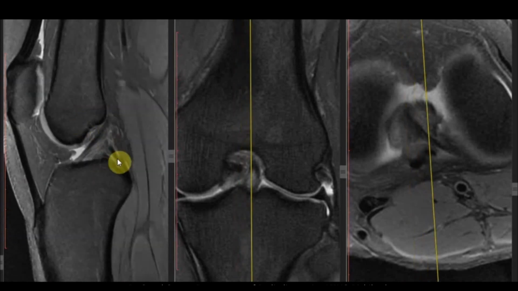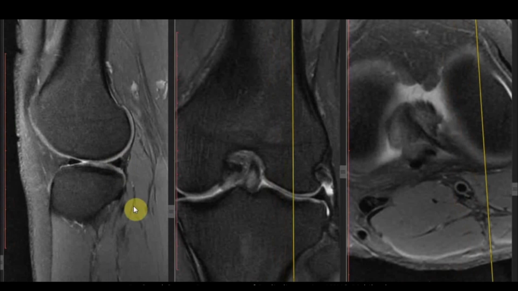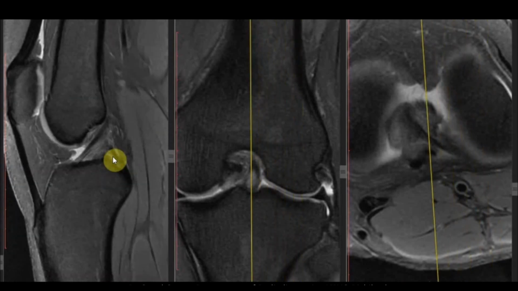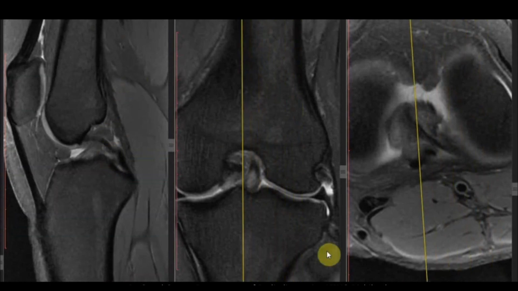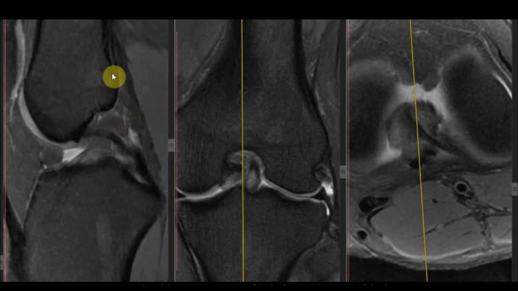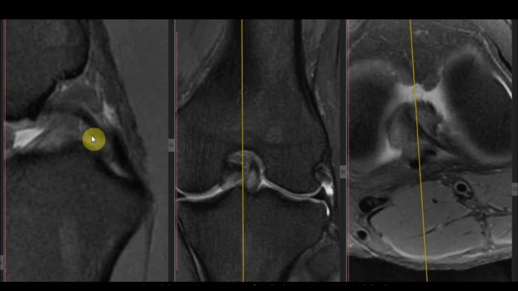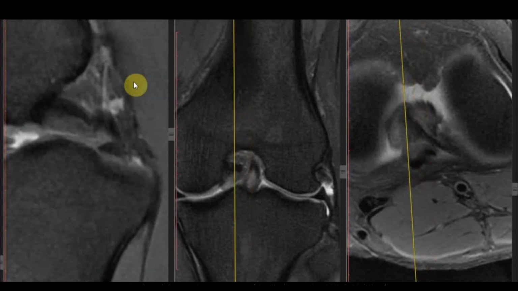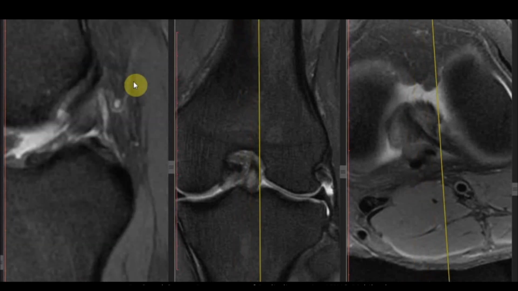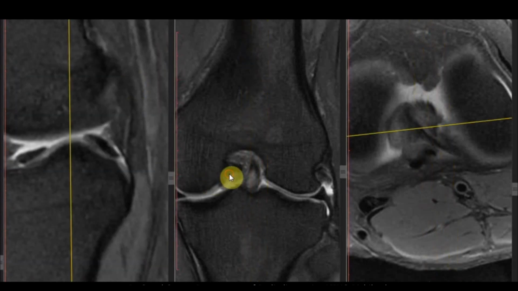And they are quite variably seen. They are not seen in all the patients, and in this patient also these structures are quite thin. So they are very thin in this. As we can see, a very small anterior meniscofemoral ligament and very small posterior meniscofemoral ligament. So the anterior one is known as ligament of Humphrey, and the posterior one is known as ligament of Wrisberg. And these ligaments can also be visualized on the coronal plane and axial plane.